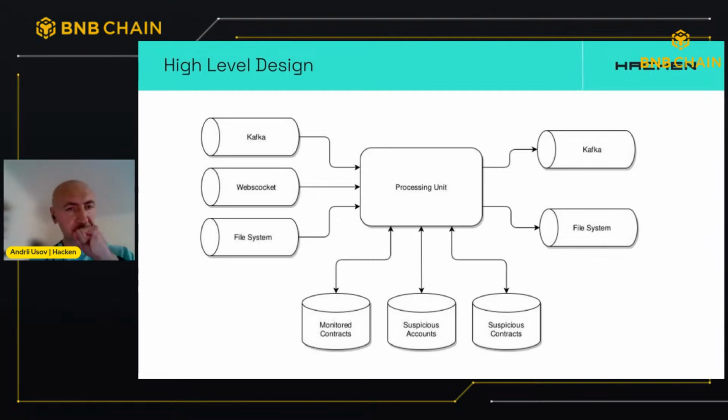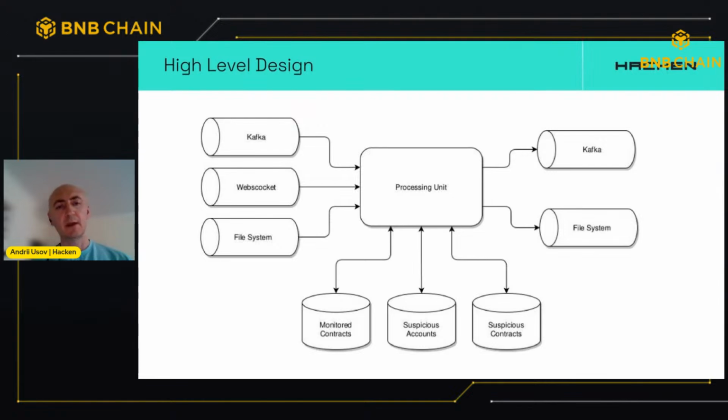That's a high-level diagram of how the Sentinel SDK is built. In the center of the diagram, we have a processing unit. That's where all the logic of detection is handled. On the left-hand side are our data sources. Here on this diagram, we can see three of them: Kafka, WebSocket, and